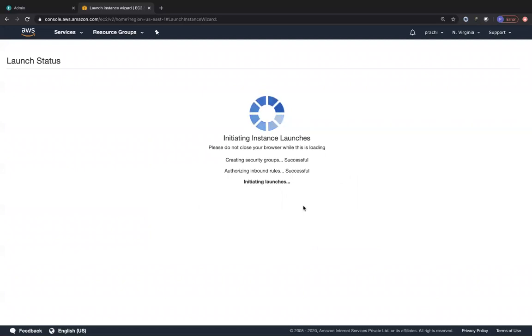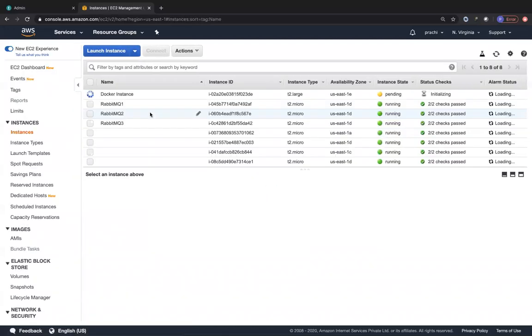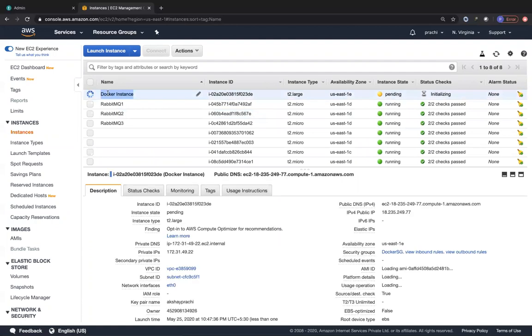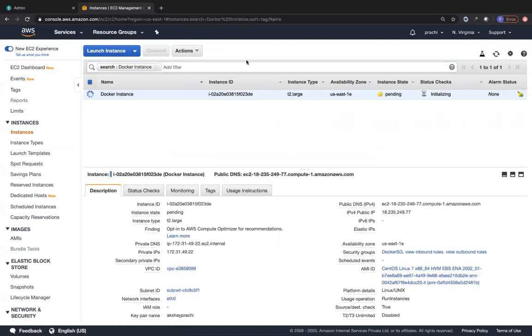Previously, when we were working with the Amazon Linux AMI, we were using ec2-user as our default username to log in. Right now we are going to use the CentOS operating system, and for CentOS the default username is centos. For Ubuntu, the default username is ubuntu. For any other operating system, such as an Alpine related one, it can be admin. Just remember these usernames so that it's easy for you to get started.